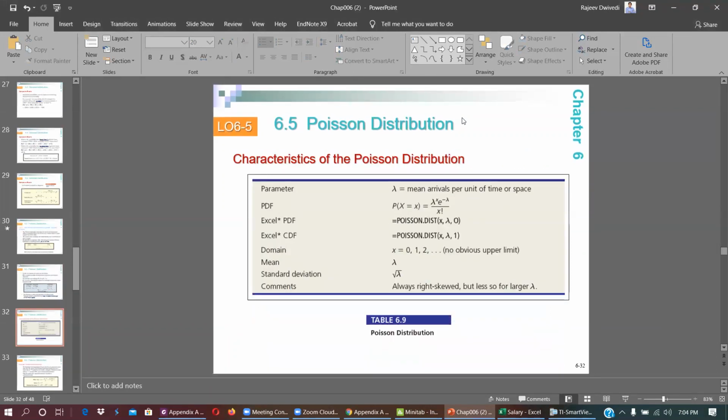I'm giving a very simple example. During Halloween, the number of kids visiting your door, let's say 20. On average, in the last 20 years, you have been observing that, say, 20 students on average visit. Accordingly, you can plan candies. So Poisson distribution can be applied in that situation. Here, very simple, the mean is only lambda, the standard deviation is the square root of lambda, PDF is this, CDF is this.